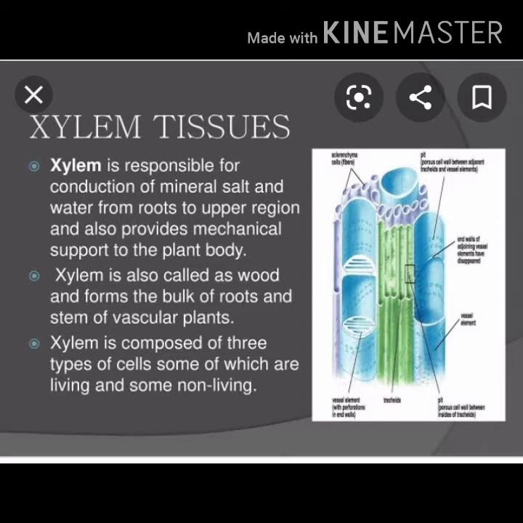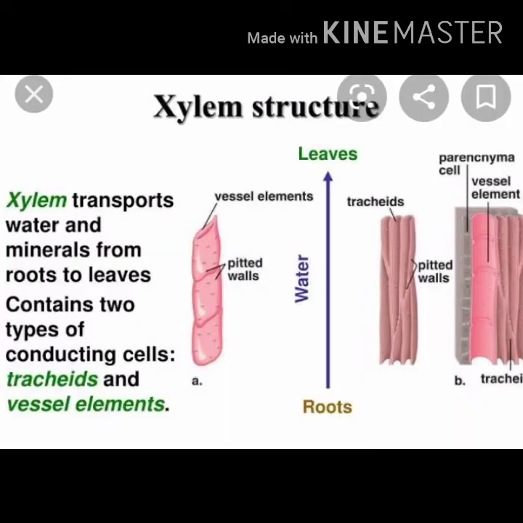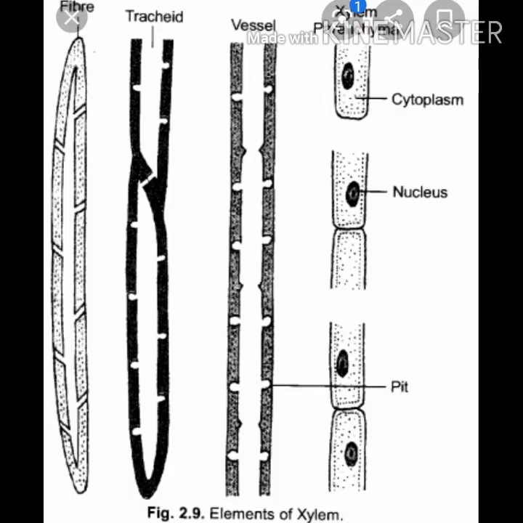In the case of xylem, three components are dead. They are not living, they are dead cells. Only the xylem parenchyma is the living one. The tracheids are long, elongated tube-like cells with oblique walls. Then these tracheids are dead and they are arranged just near the vessels.